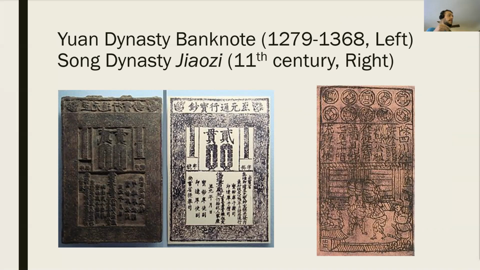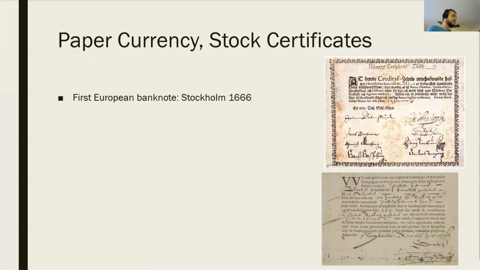So we see that once again, these kinds of printing advancements had often occurred in China even before they had spread to Europe. But the ability to print documents that were meant to represent a valuable asset or currency became much more widespread, since it's much more difficult to actually bring around a valuable asset with you. It's much easier to bring around a paper certificate that certifies that you own a particular asset, for example. So this kind of process didn't really spread to Europe until much later. So we see the first European banknotes in Sweden, in Stockholm, in the year 1666.